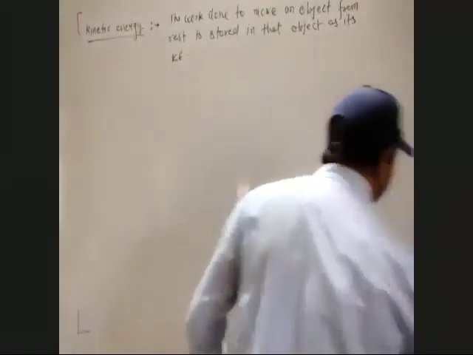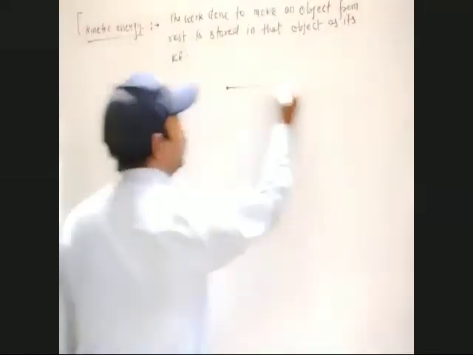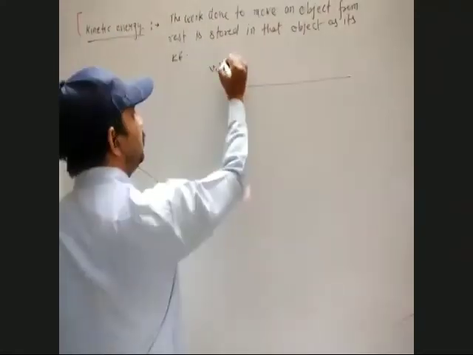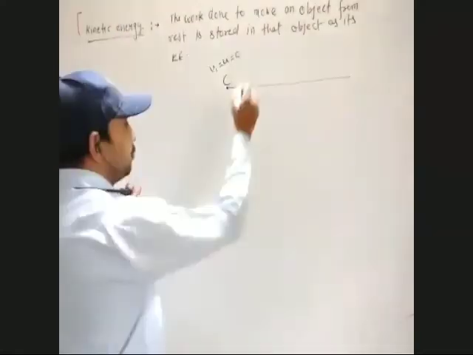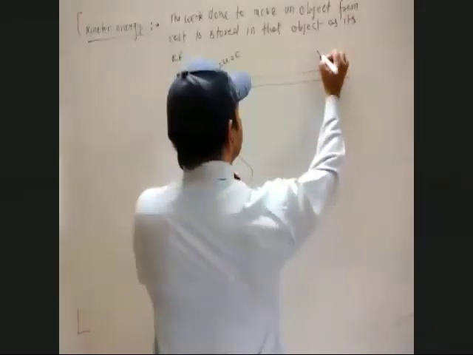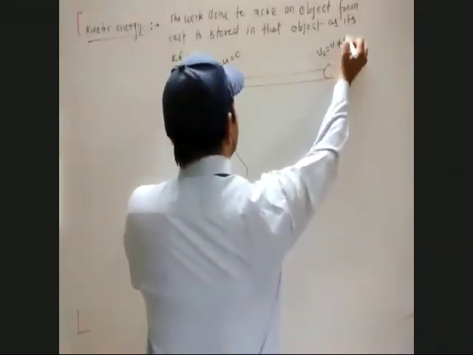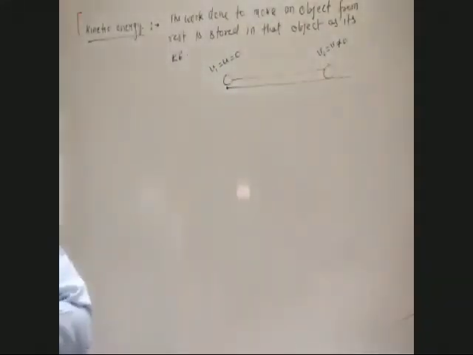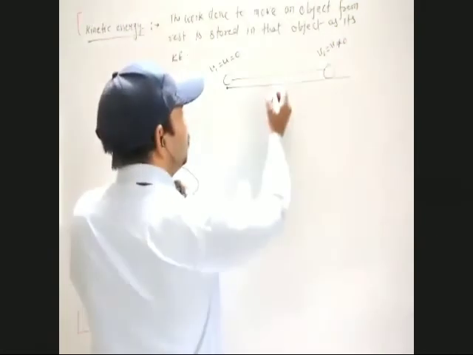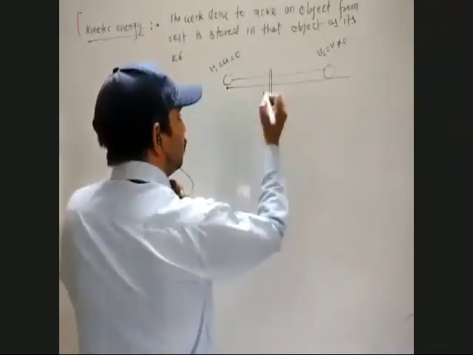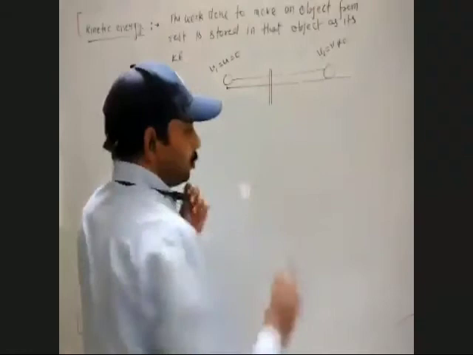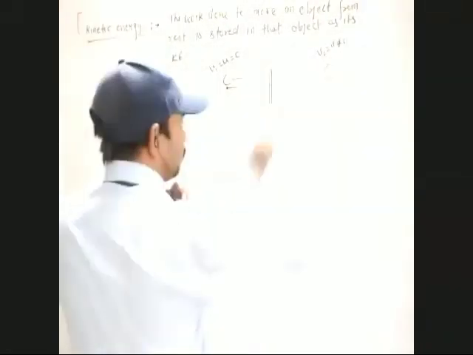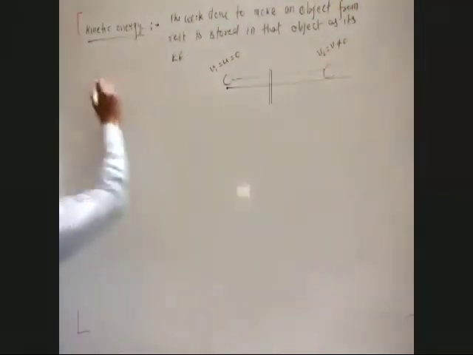Approach is same again. We have an object here. Its initial velocity, which was v1, is u, is 0. After some time, its velocity becomes v2, which is v, and it is not 0. Suppose I'm using a variable force here. That means we have to do different work in different sections. At every position, work will be different.